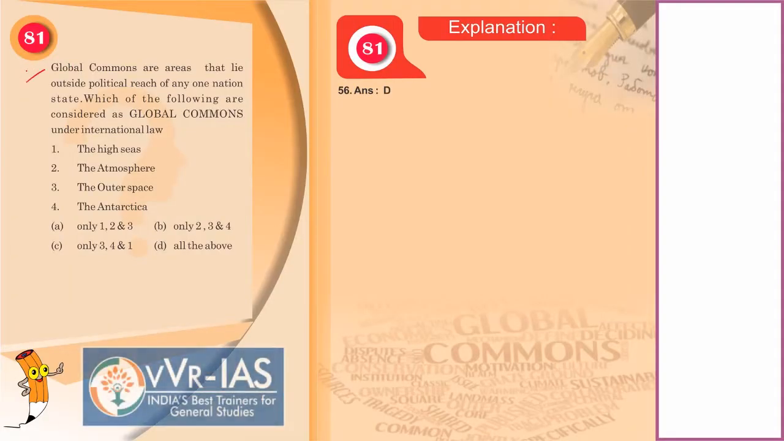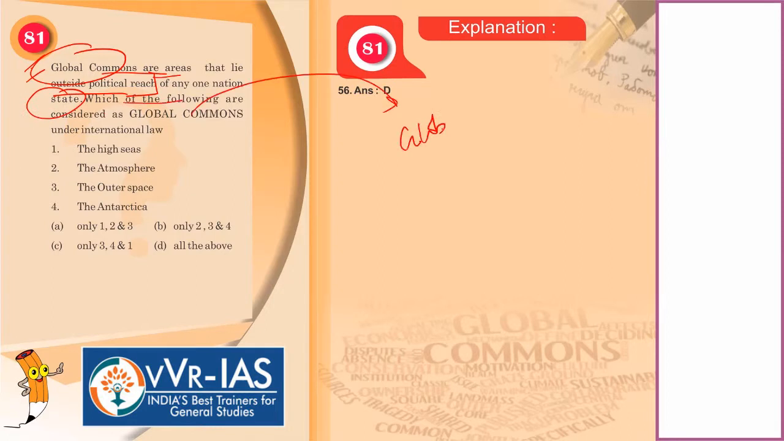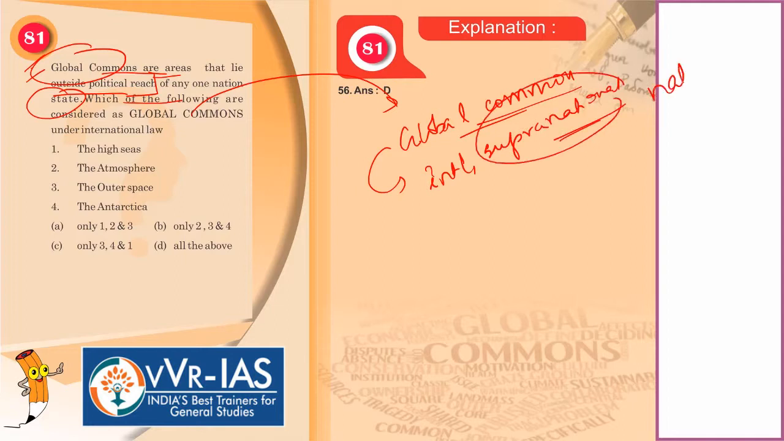Now the 81st question. Global commons are areas that lie outside the political reach of any one nation state. Now what are global commons? Global commons basically refer to the common pool resources, and these are usually used to describe the international, supranational, meaning which are beyond the national resource domains. These are beyond the national resource pools, international or supranational, above the national resource domains, and